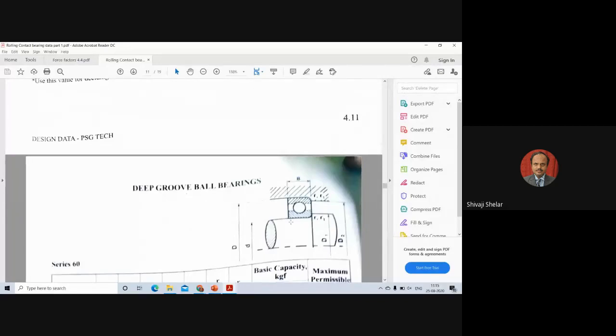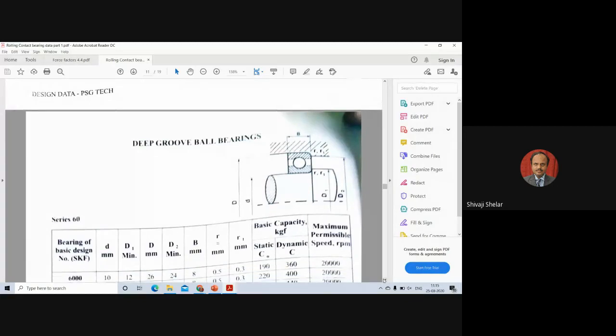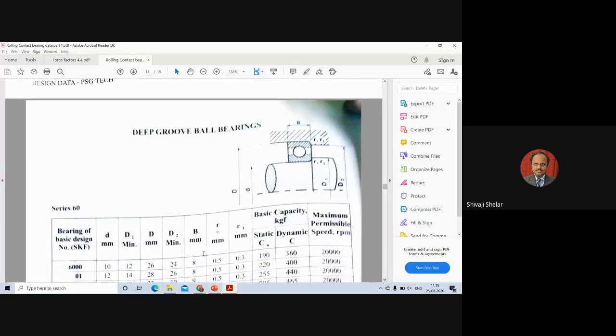So we are looking for deep groove ball bearings. This is a data table for deep groove ball bearings of series 60. That is already in the nomenclature I explained. When it starts with 6, it is a deep groove ball bearing. Then it will have the diameter series, meaning the width or dimension series, followed by the basic dimension of the shaft here. So you can start with this one page of series 60.